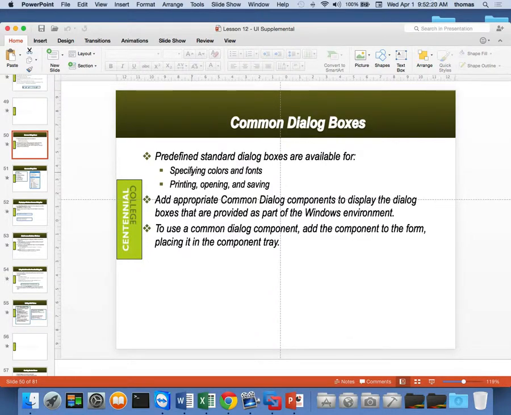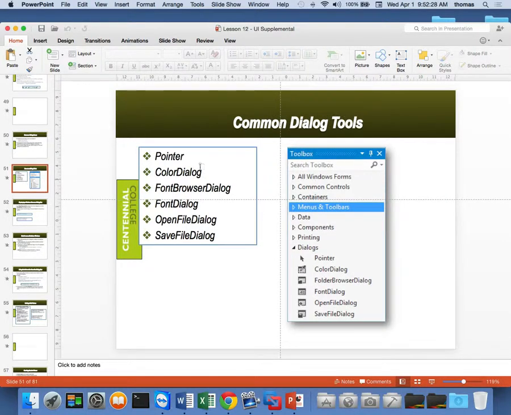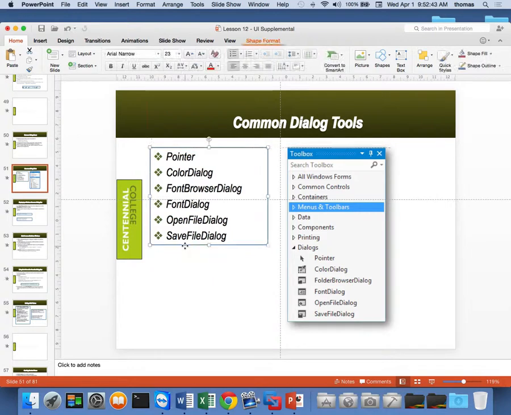Again, there are some predefined dialog boxes available for things like specifying colors and fonts, printing, opening, and saving. All that stuff is there. Let's take a look at that. Under Dialogs, you have a pointer, a color dialog, a font browser dialog, font dialog, open file dialog, save file dialog, all these dialog boxes that are part of